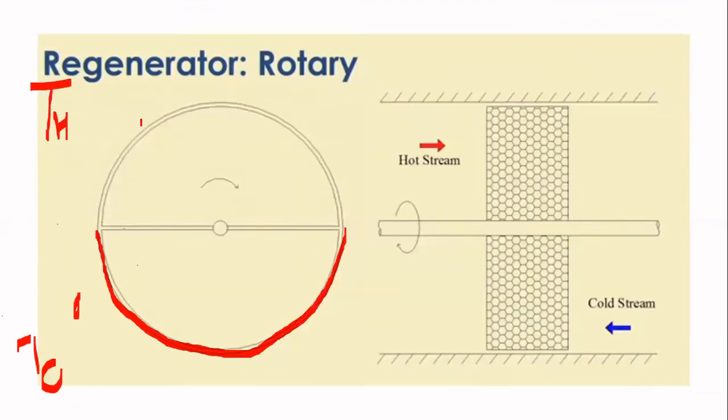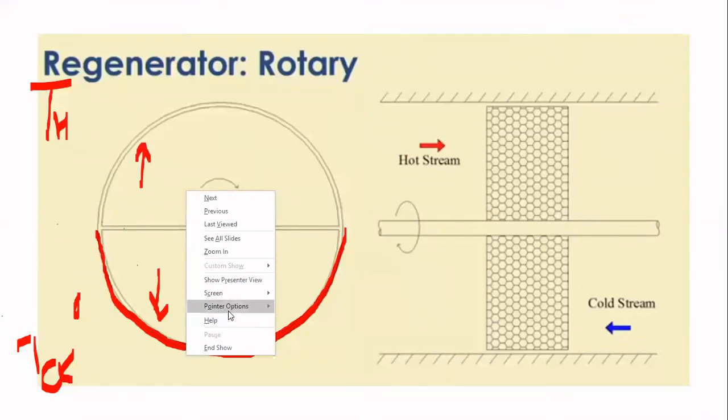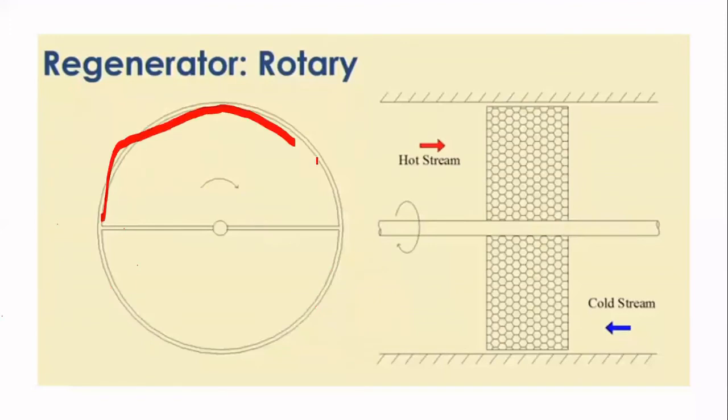Now here, the hot fluid is in contact with this particular surface, so the temperature of this surface will be elevated. This cold fluid is in contact with this particular hot surface now, so the temperature of the cold fluid will rise, but the temperature of the surface will drop. So again, the surface in contact with the hot fluid will have higher temperature, and the bottom surface will cool down. Once this happens, we rotate it again, and the same process takes place again and again. Is it clear now, or is it more confusing?